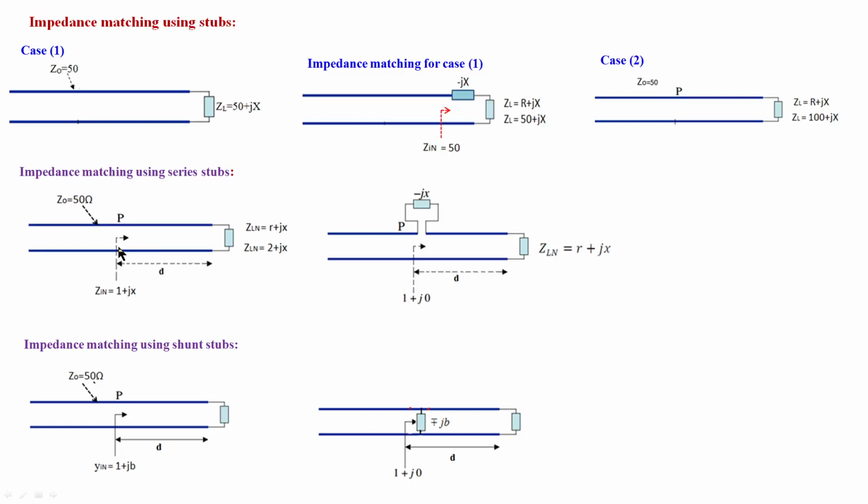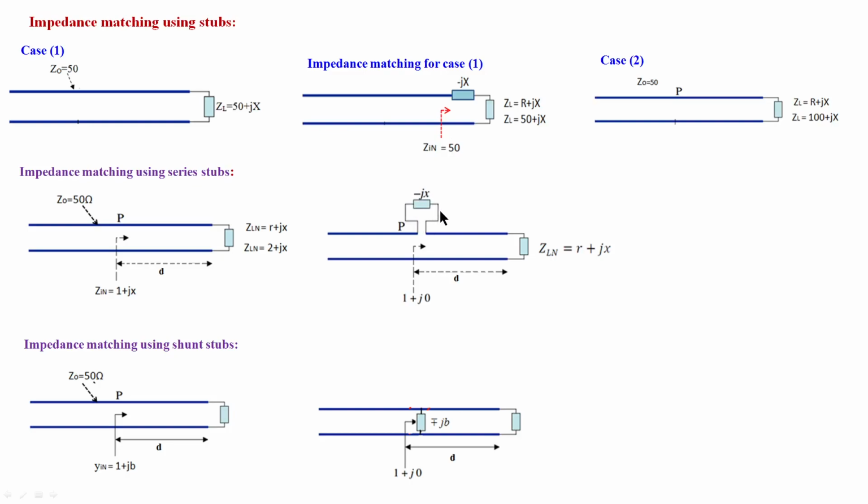You stop here, where the impedance has a 50 ohm real part. At this position, note down whatever the value of x, it may be any value, and connect the opposite reactance component at this position, at a particular distance. As we move to a particular distance, the impedance becomes 50 plus jx, meaning the real part is equal to the characteristic impedance. X may be anything here. You stop there, note down the x value that exists here, and cancel that value by adding an extra component like this.